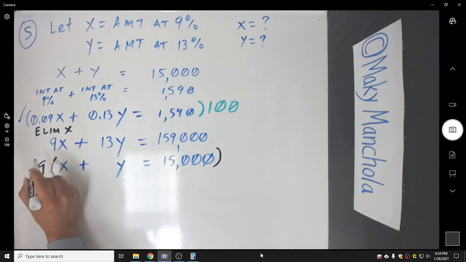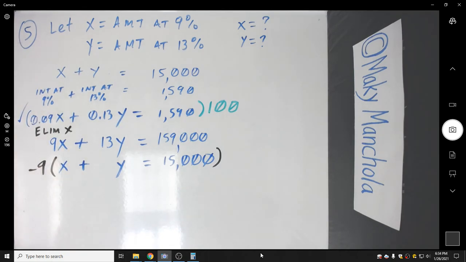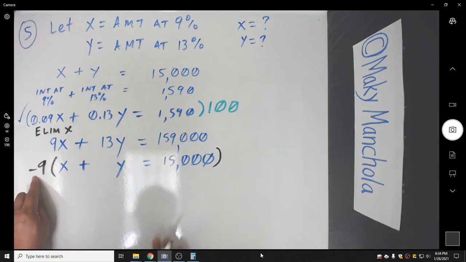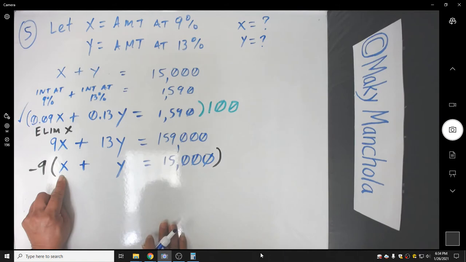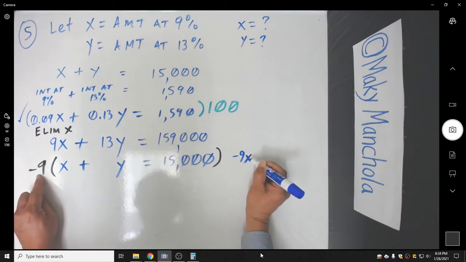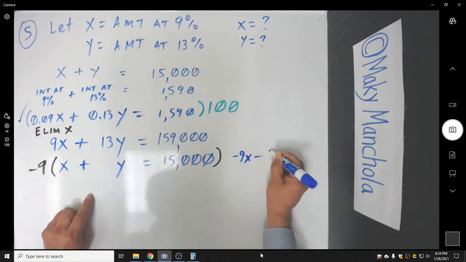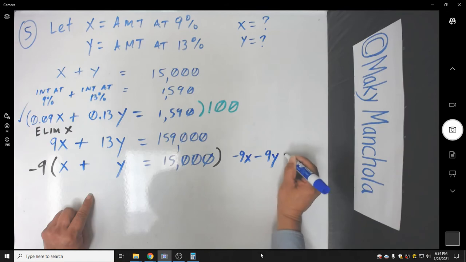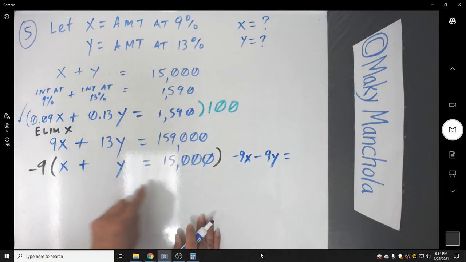Okay, so let's do our multiplication first. -9 times x is -9x. -9 times y is -9y. And -9 times